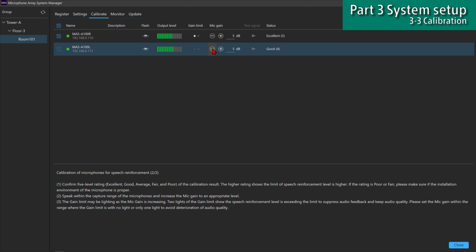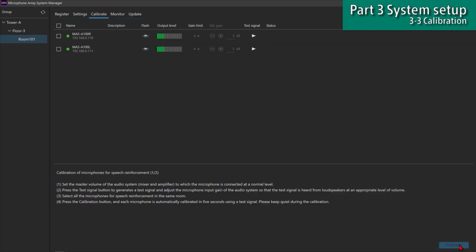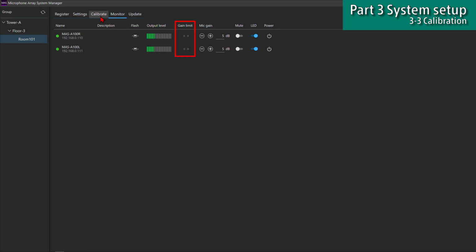After calibration, do not change the gain level of mixer or amplifier. After calibration completed, if you open monitor, you can adjust the mic gain, checking the gain limit.